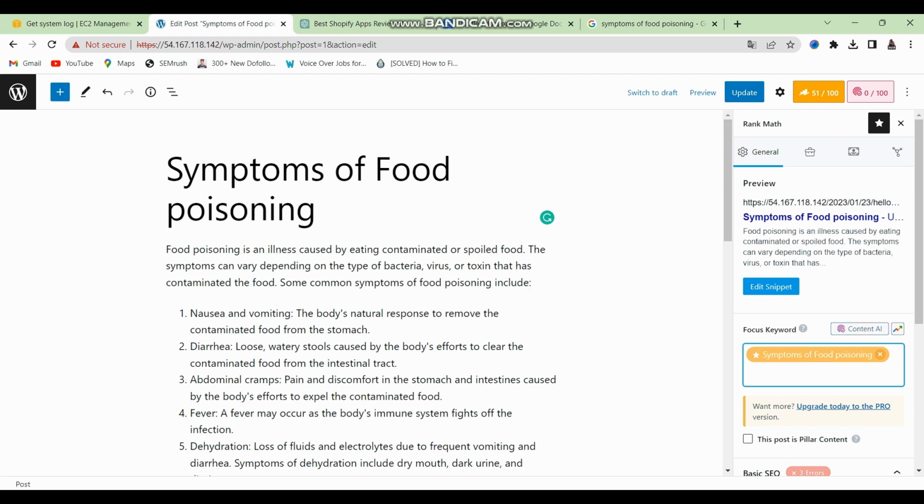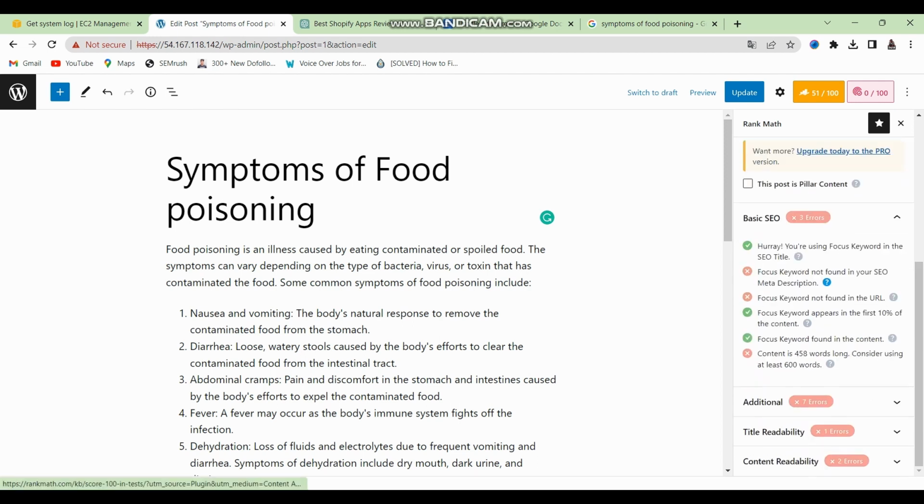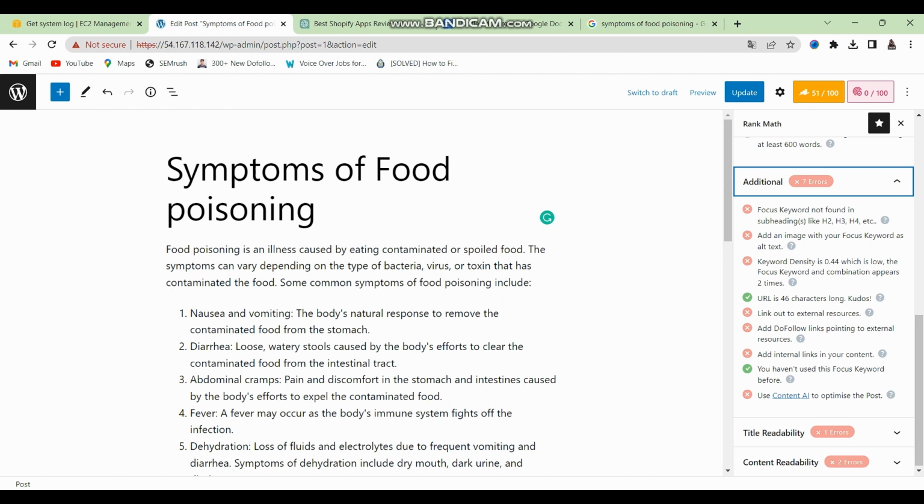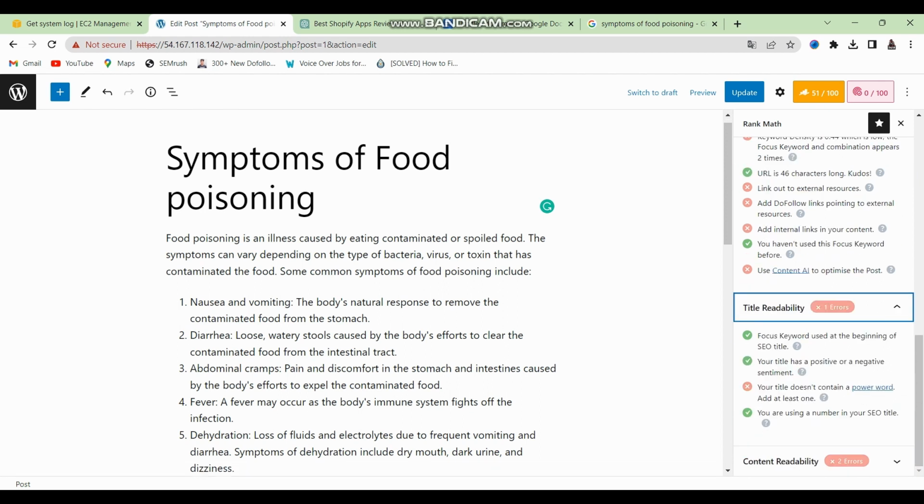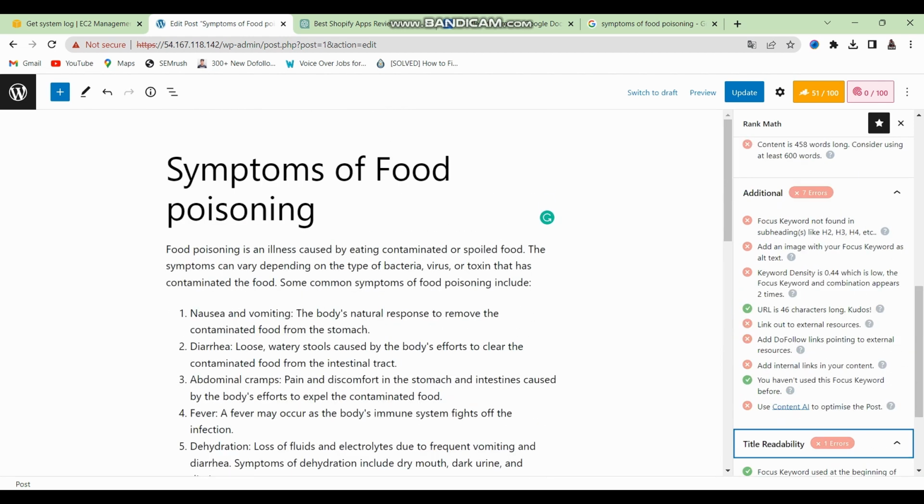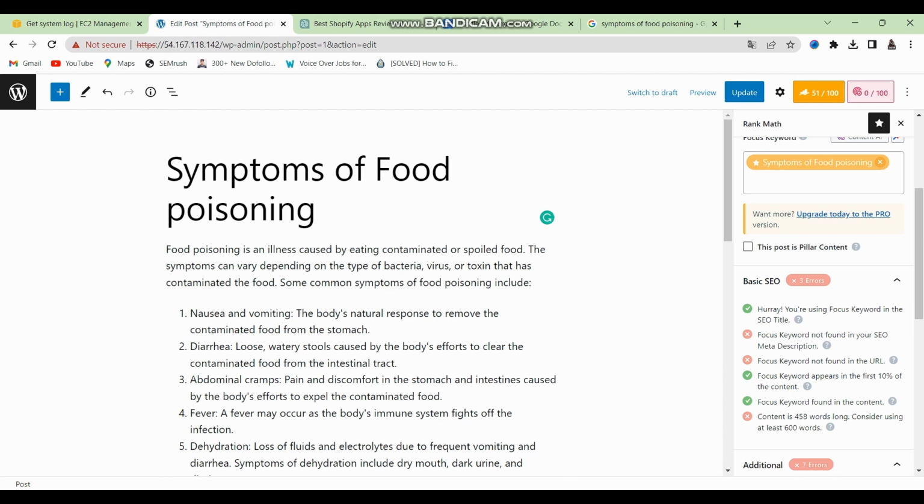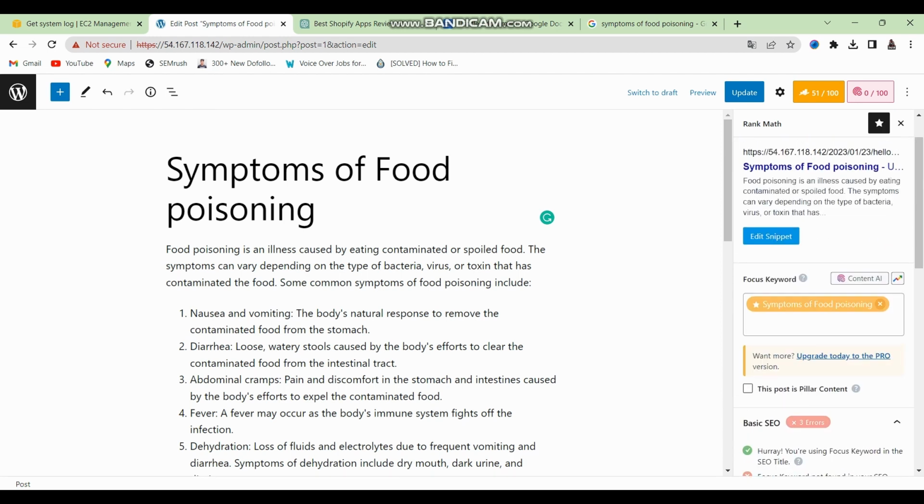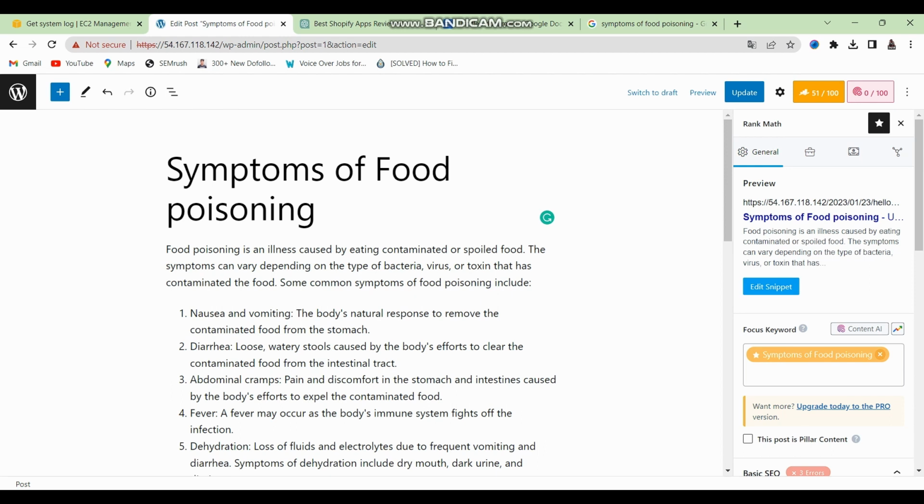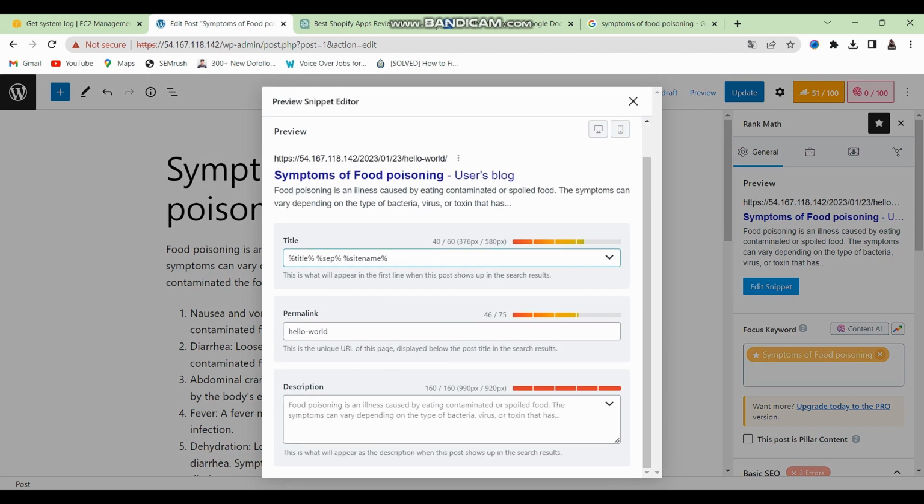What you need to do is start optimizing your post for the various errors we have right here. We have to start correcting them, and let's try to get an 80+ score on this. The first step we haven't completed is that the focus keyword is not found in your SEO meta description. So we can just add it inside the meta description. To do that, come here, click on edit snippet, scroll down, and within the description section,